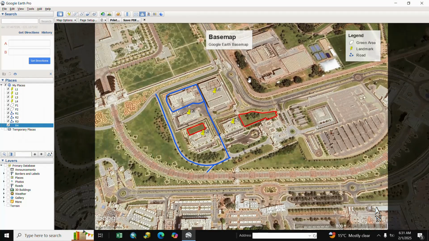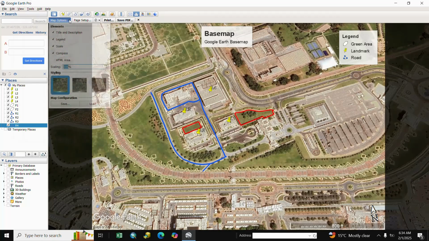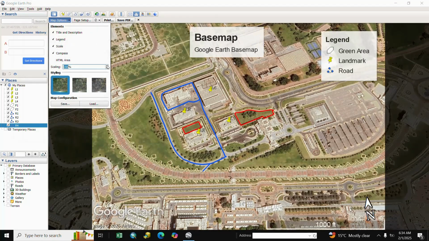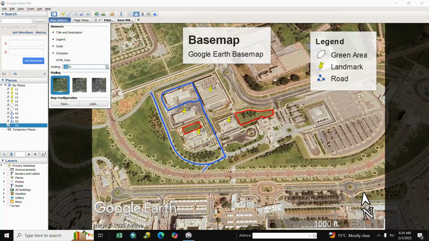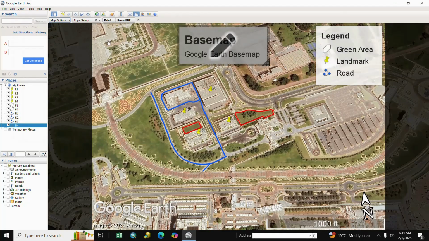Here is our landscape map. For print quality you select low, medium or high, we select high. If you want to change your base map and legend size, you go to map options, you select scaling as per your requirement, we select it and adjust it.